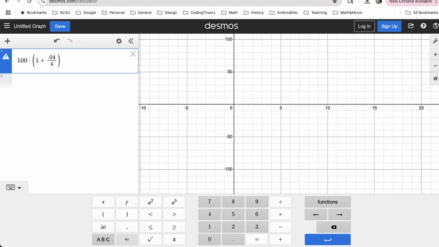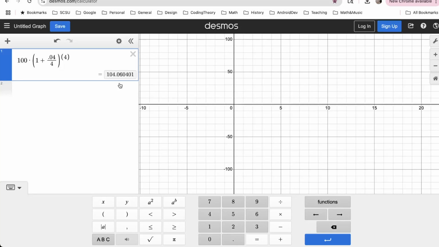I could write 4 times 1, but if I hit times right now, it's going to try to drop me to the next line. I'd have to put parentheses around it, which is silly because it's just 4, right? Anyway, I'm going to take it out. That's the answer,